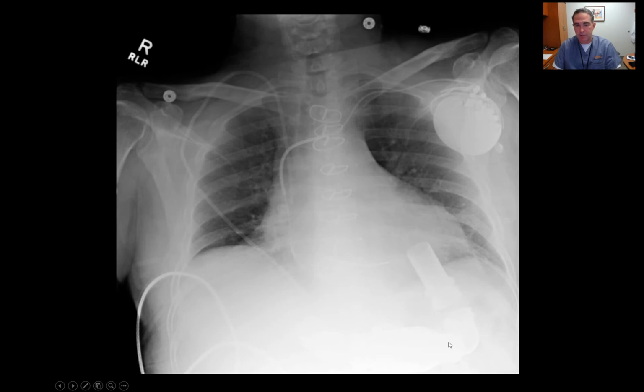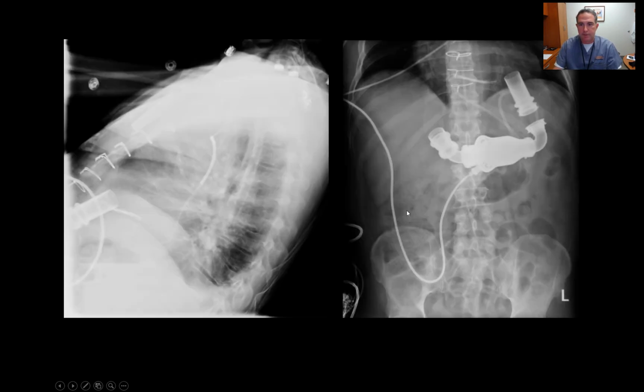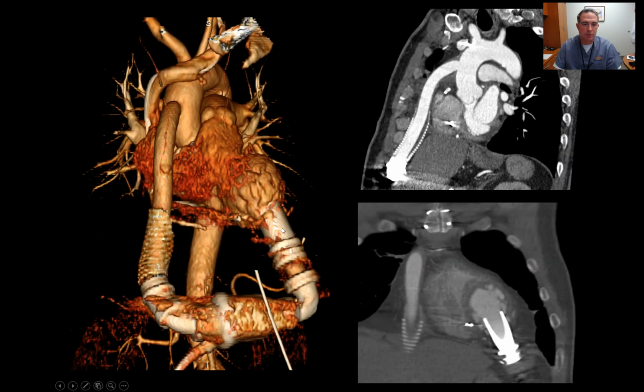This is a left ventricular assist device, sucks blood out of the left ventricle and pumps it into the aorta. You can't see radiographically the aortic conduit. On CT, it's a little bit easier to see. So again, sucks blood out of the left ventricle, goes through this metal thing, which we can't see inside on CT. It has a little turbine, a little thing that spins around and then goes back up and plugs it